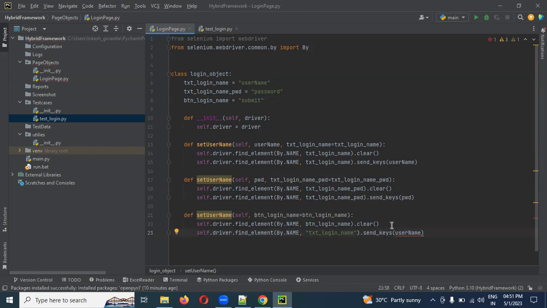Login, and this particular line is not required, because we are going to click the button and will never clear it, because it doesn't have any access for clear. Okay, now we are done with method creation. Then we can go ahead into the login